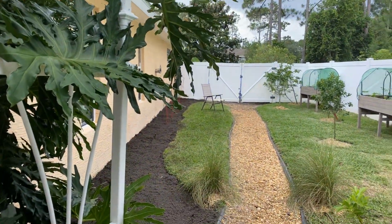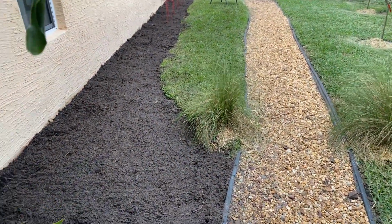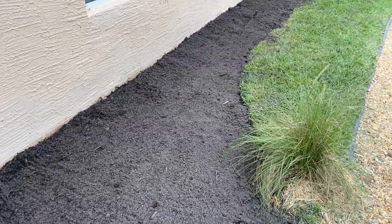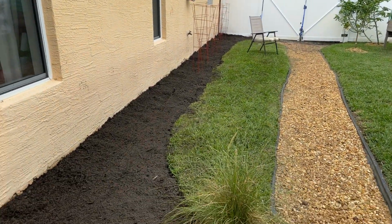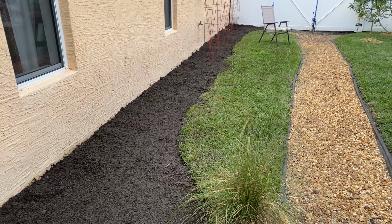Look at this, you guys, lava rock is gone. See, that's not a lot of work. So, beautiful organic soil. I had a dump truck deliver it, but I put this down first, and I've got my cages there, but I am going to, there's metal, they're really cool. They're metal